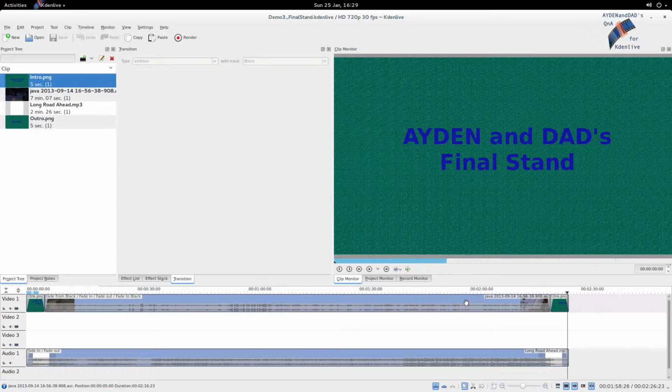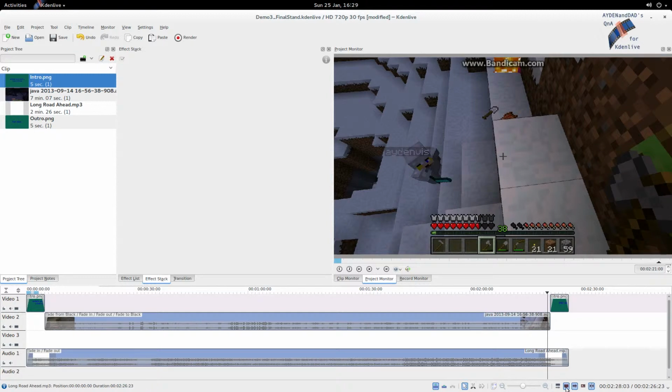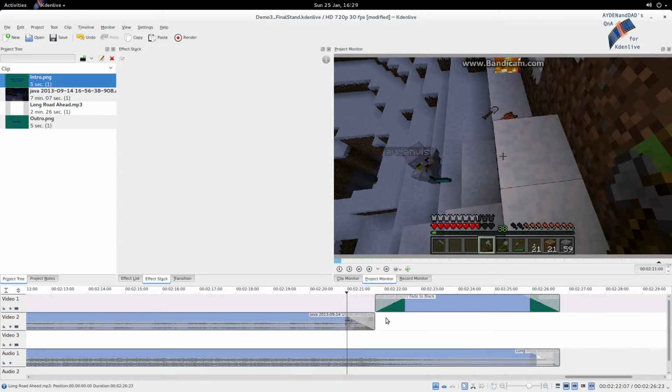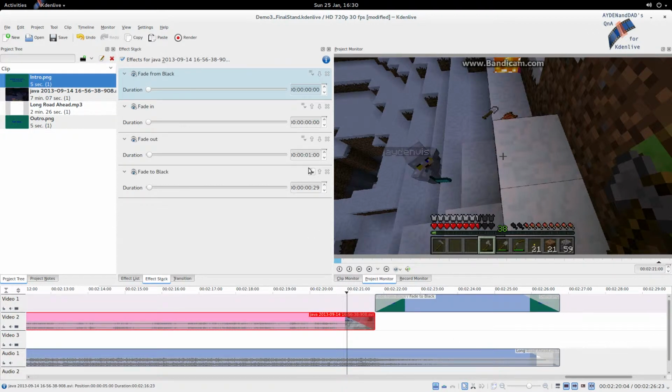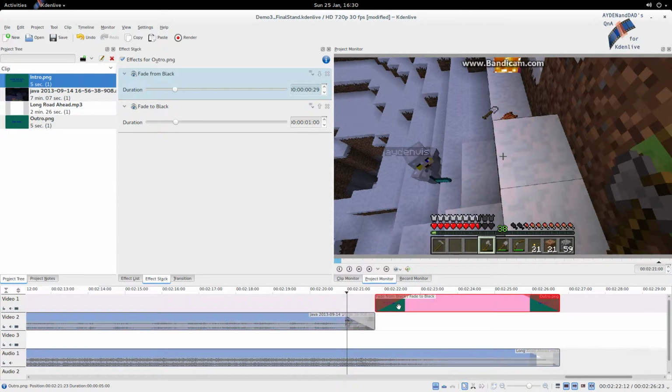For starters, I'm going to pull this clip down, and you'll understand why just now. And you'll remember we did the fade out around this edge. Let me zoom in a little bit, like so. Click on that clip and you'll see there's a fade to black here, and we're actually going to get rid of that. And this one is a fade from black. We want to get rid of that. So in between this here, where we transition from this clip to that clip, we want to do a transition